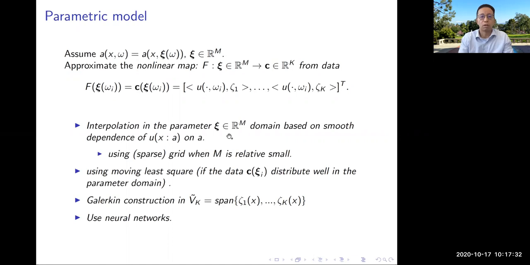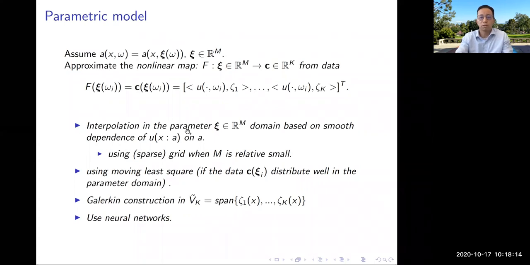So we can use our old techniques. If the dimension of the parameter space is not too high, you can think of the data giving you some value: the value of C is a vector at different points of the parameter space, and your data basically tells you, for some scattered points, what is the value of C? The next question is how to interpolate, regress, infer, whatever you say, it's all about going from known to unknown. You can always talk about this kind of regression or interpolation: if you give a new parameter, how do I find C?